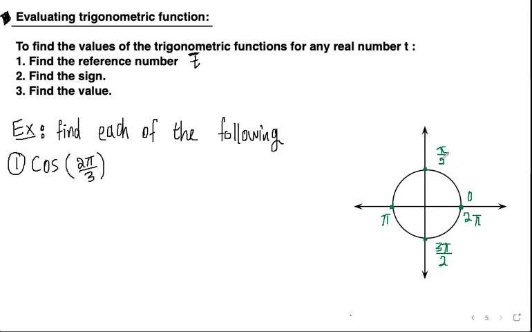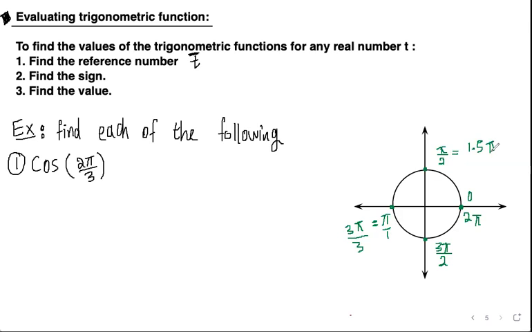Pi over 2, if I want to make the denominator 3, starting from pi, I have to multiply the numerator and denominator by 3, because this is pi over 1 actually. So this is equal to 3 pi over 3. Pi over 1, or pi, is actually equal to 3 pi over 3. And pi over 2 is equal to 1.5